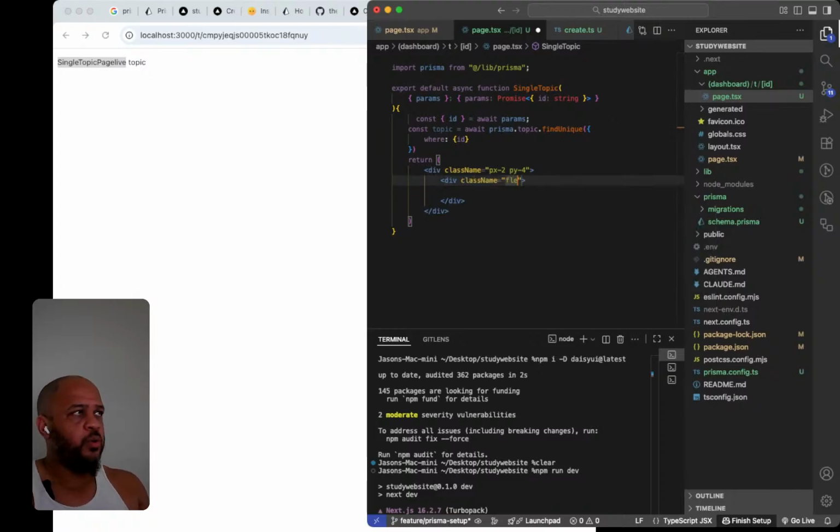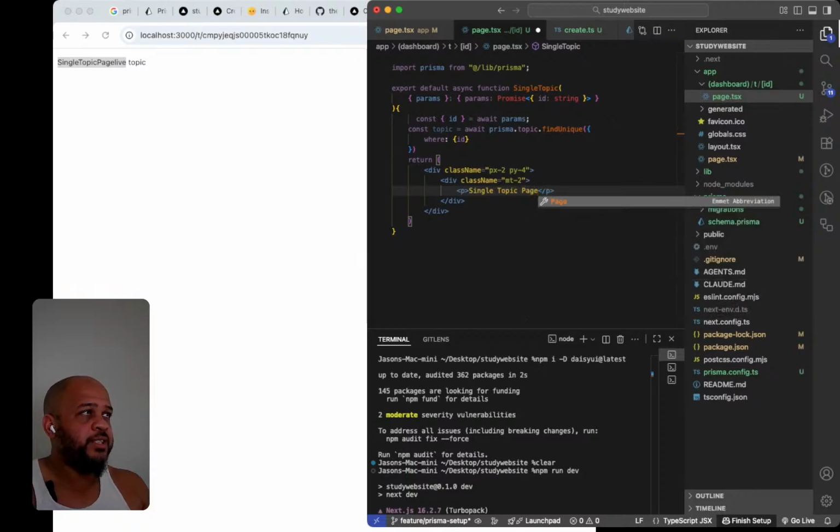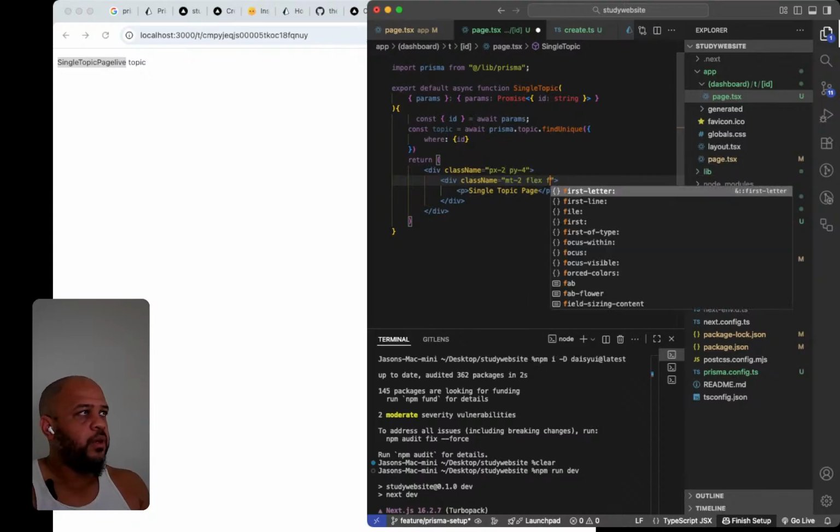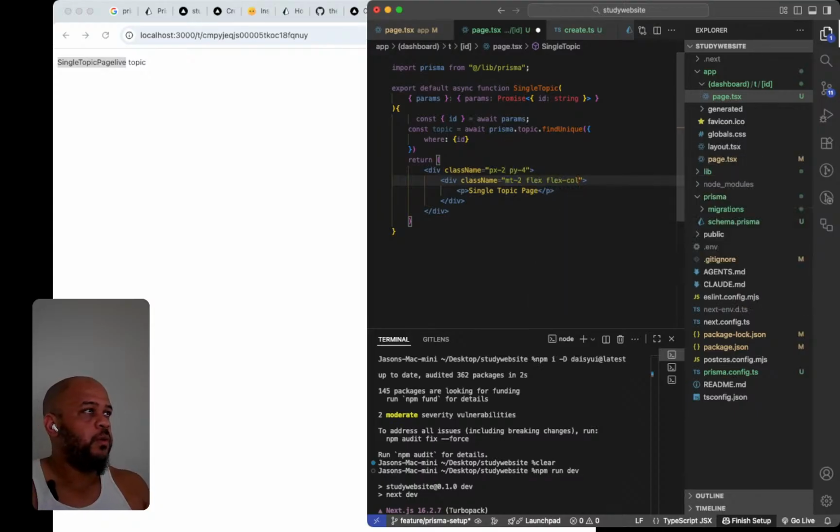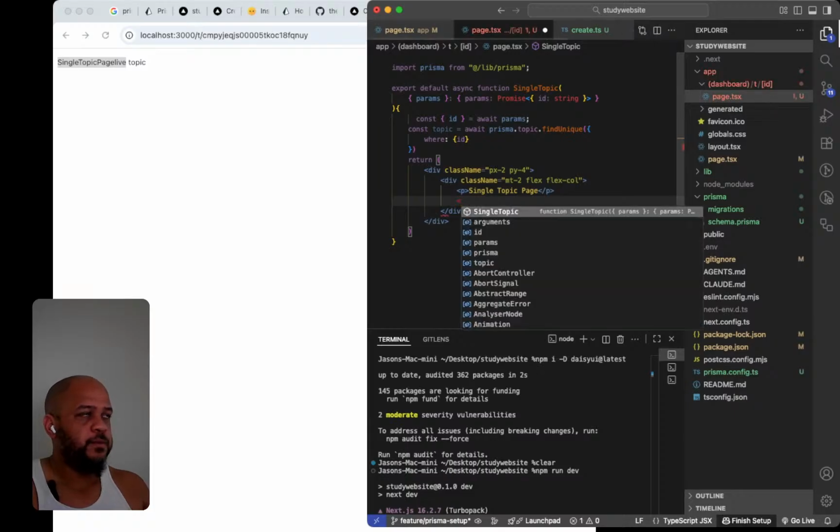And the whole goal of this is to build something that's practical that I can actually use, single topic page, that I can actually use, and not just build something for show. And in this, we'll add a H2